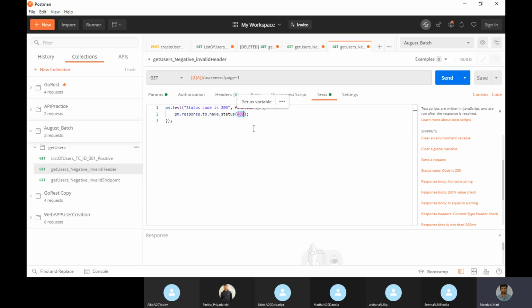If 400 series is coming, it means something is wrong with what you are passing. And the 200 series, 200 and 201, are all positive. 200 is success, 201 means some record is successfully created inside your API. 200 is completely success.